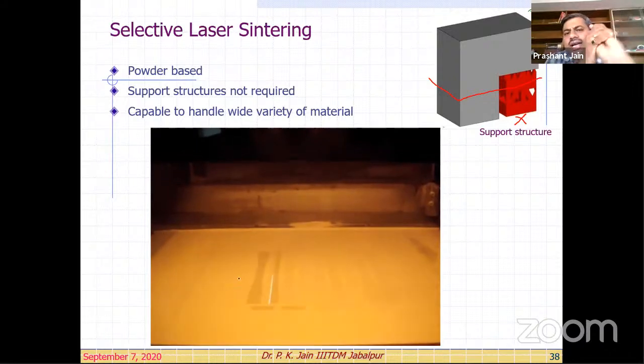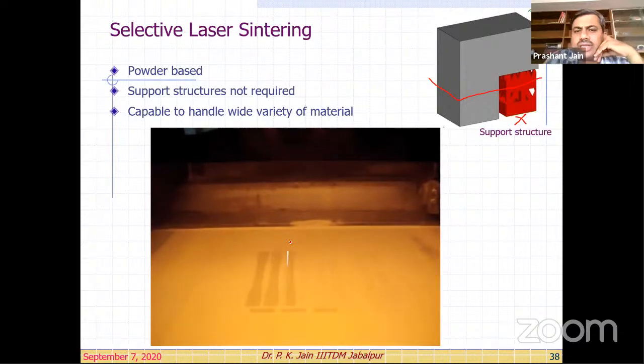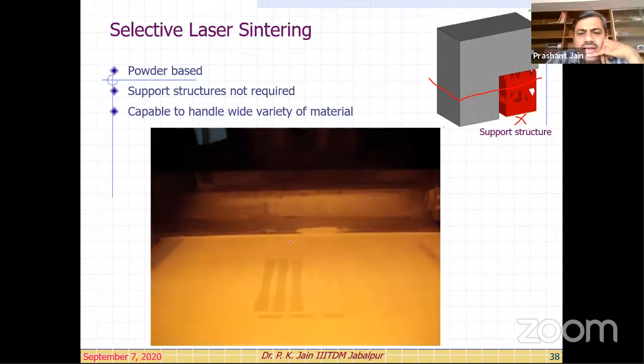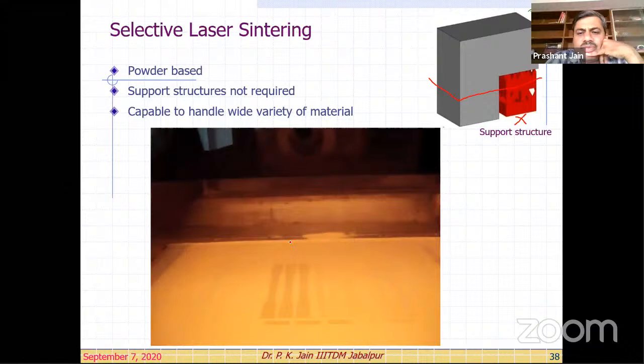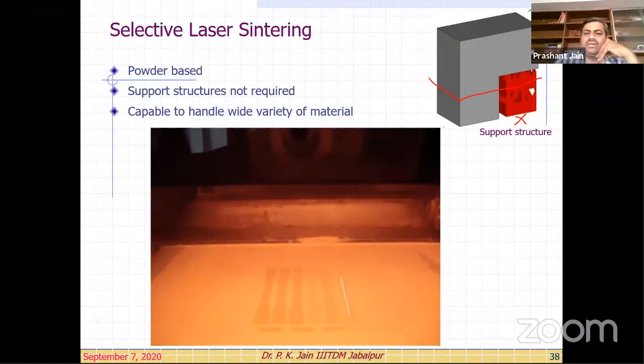Look at that. You can see the entire process. This we got accidentally, because of the clay experiment, this laser beam has become reflective. You can clearly see the solidification takes place.